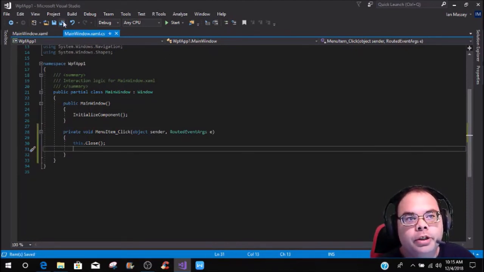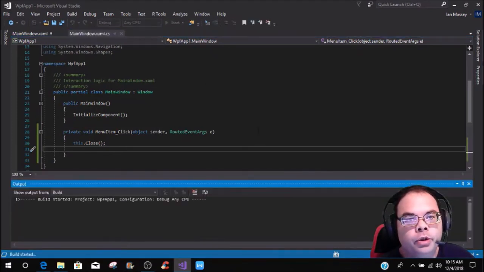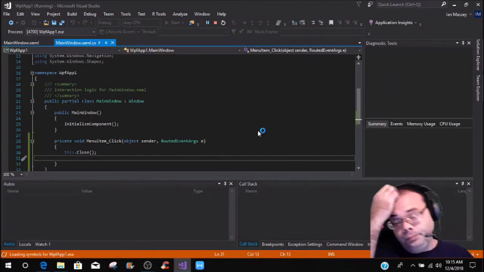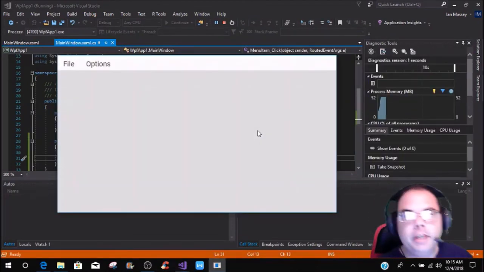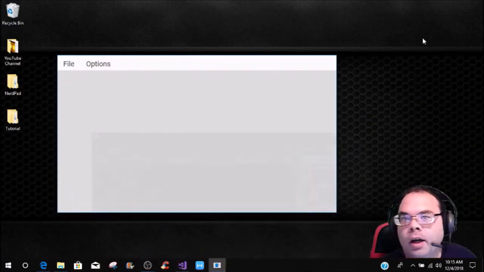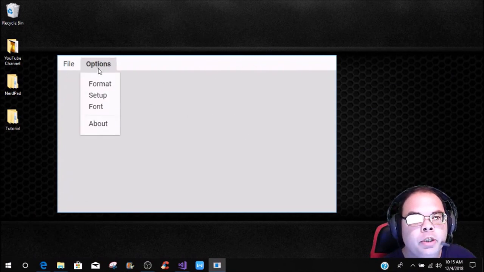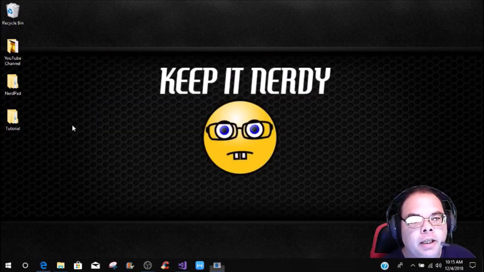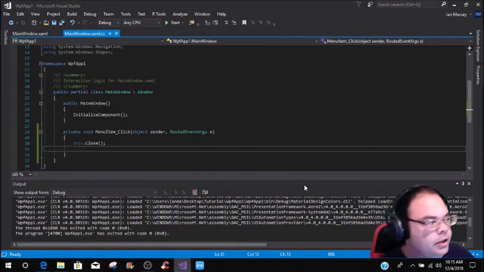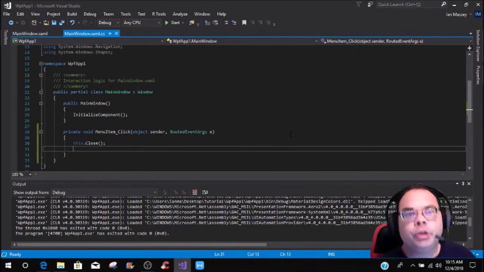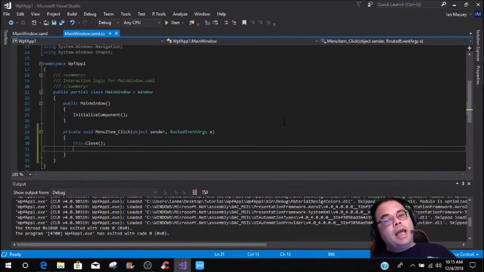So what we're going to do is we're going to save this right here, and we are just going to start it. And then you can see you have no border, which I'll have to make movable, but you see you got your options, you got your file, you can come down, you can click exit, and it exits out of the application. So this is the tutorial on how to use menus,